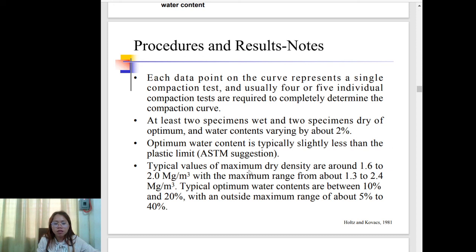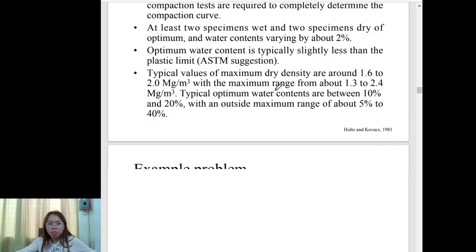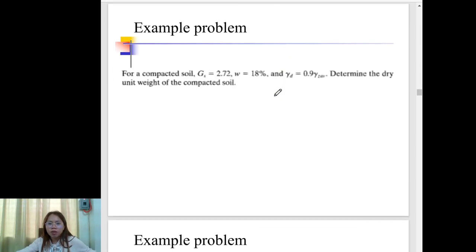Typical values of maximum dry density are around 1.6 to 2.0 megagrams per cubic meter, with the maximum range from about 1.3 to 2.4 megagrams per cubic meter. And typical optimum water contents are between 10% to 20%, with an outside maximum range of about 5% to 40%. For example, we have this